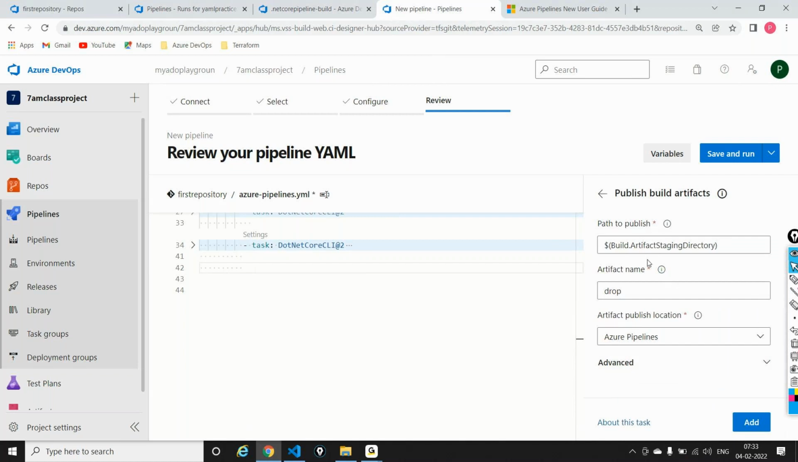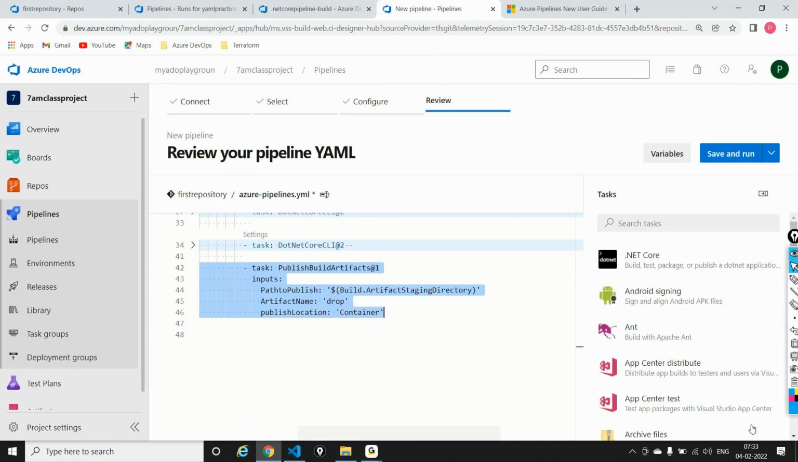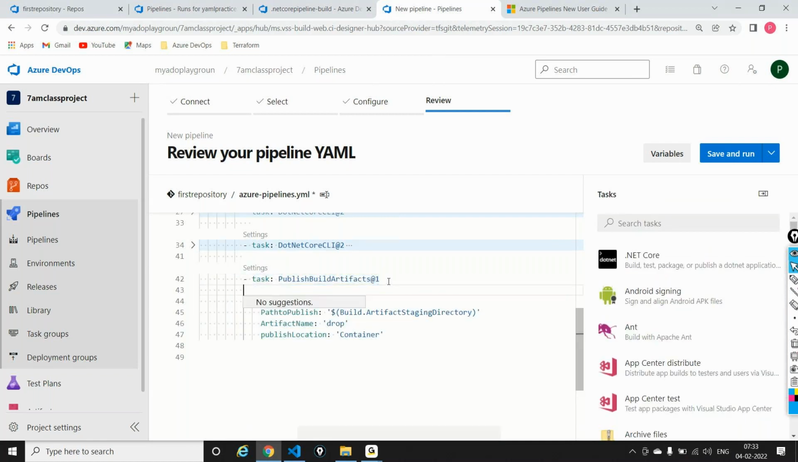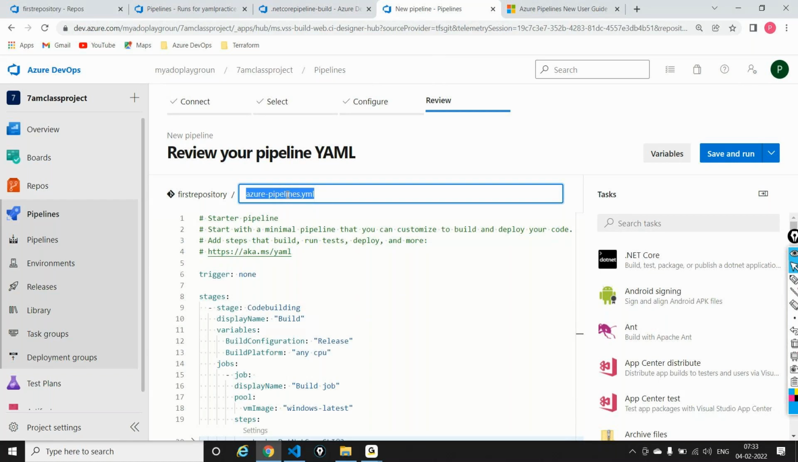This is what I want to do. I'll say this is this path, and this is the location. I'll say add, and I'll just give a display name to it. I'll say display name is publish artifacts. Finally, I'll change the name of my pipeline to, let's say, something like .NET Core.yaml. This is the name of the pipeline that I want to change, and I will say save, and